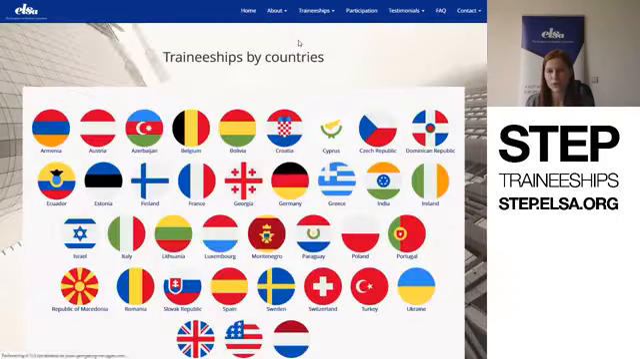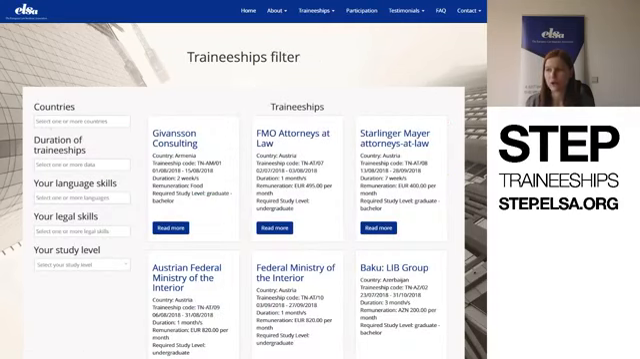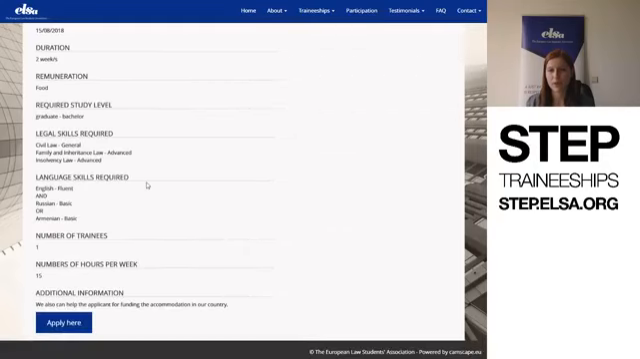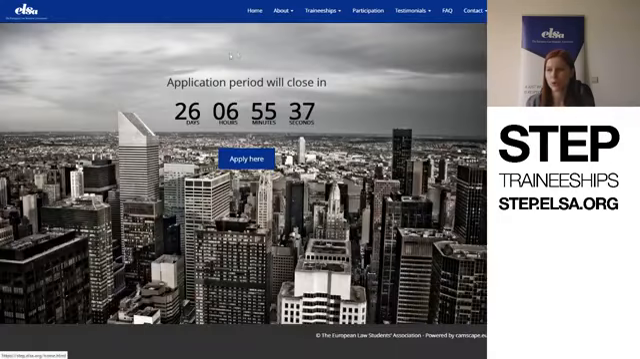You can also search through our countries, or you can use our search engine, where you can put your country preferences, duration of traineeships, or also say your language skills, legal skills and study level, and search your preferred traineeship like this. Once you're ready and you searched for up to 3 traineeships you can apply for, you can either go to the specific one, go down and click on apply here, or you can of course do it from our main page, where you can click on this